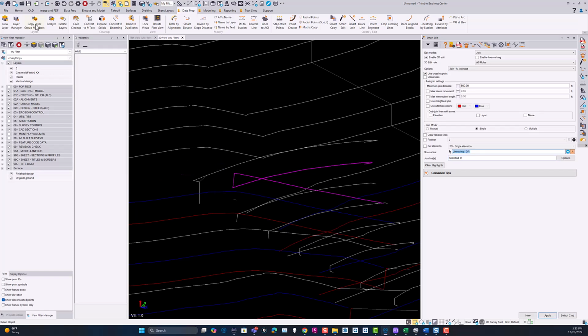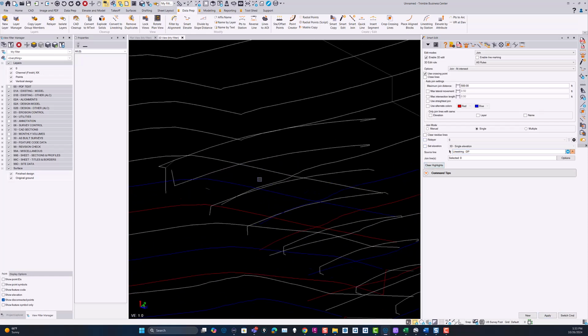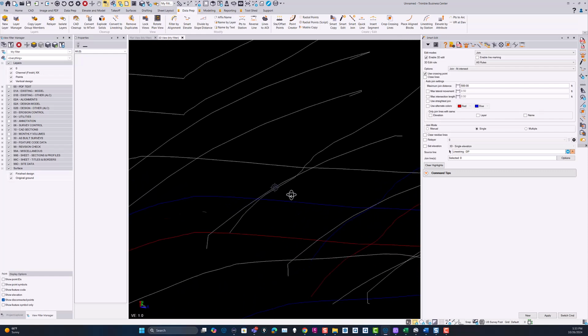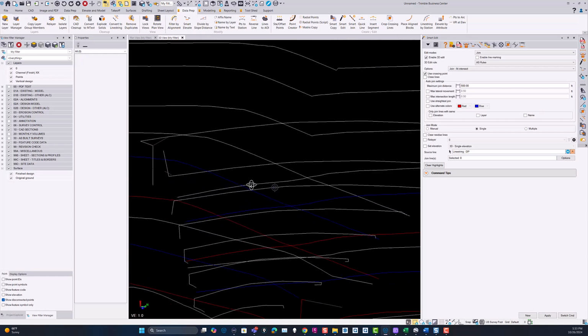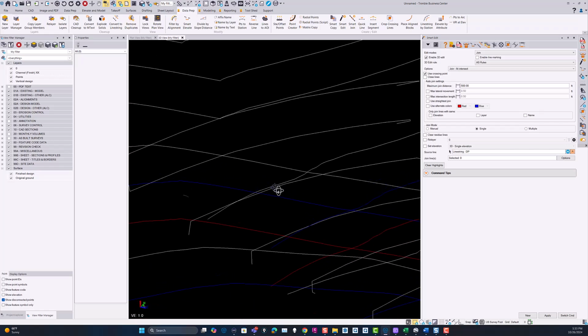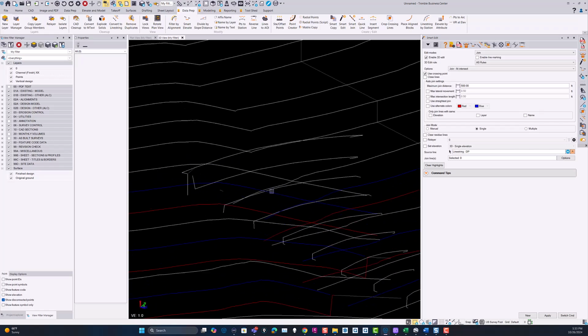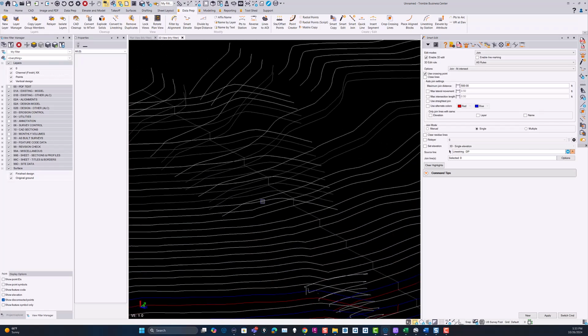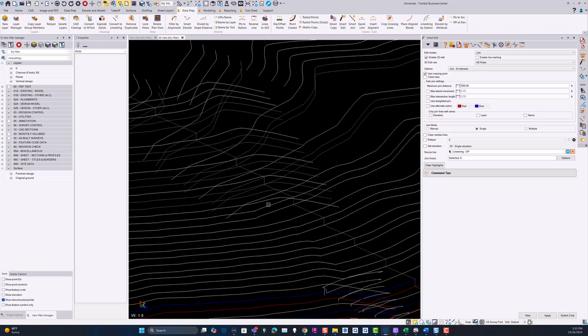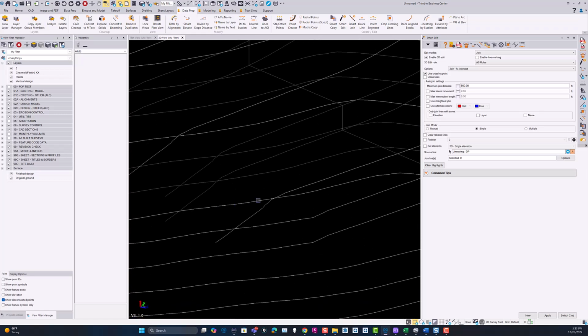Now sometimes you might get a line like that where this one kind of loops around itself, so maybe that's not a good one to do, and you might need to do something with that one by hand. And as you go through these you'll find the odd one that maybe doesn't work quite right, or where the elevations are quite different between the two ends, and you want to not do those in an automated way. But you can see here very quickly I can pick line 1,